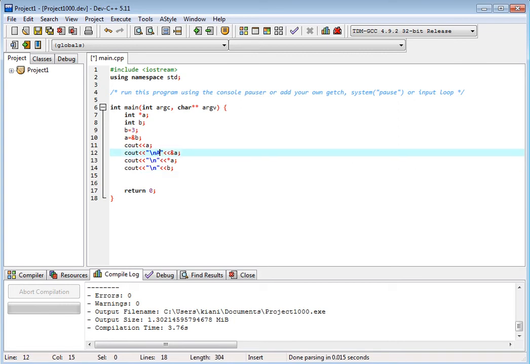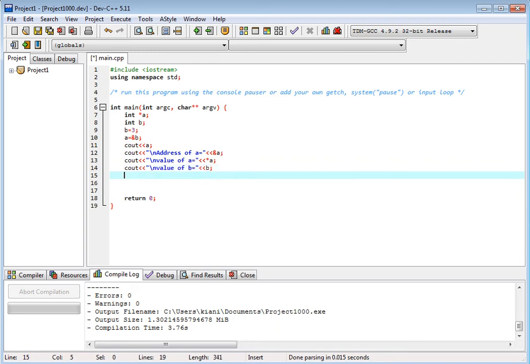So this is address of a is equal to this, value of a is equal to this, value of b is equal to this, and address of b is what?